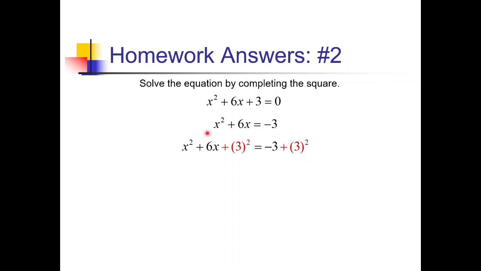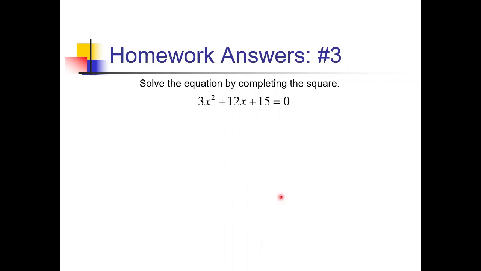On the left side now, I can factor this into x plus 3 quantity squared. And on the right side, simplifying a little bit, I've got negative 3 plus 9. Now I can square root both sides. So on the left side, I've got x plus 3. And on the right side, I've got plus or minus the square root of, well, this is going to become 6. And then just subtracting 3 over to the other side, we have x equals negative 3 plus or minus